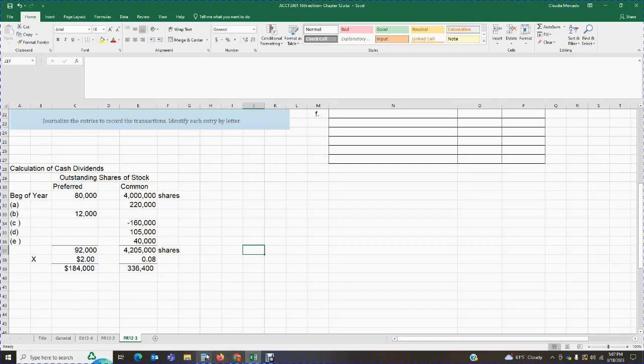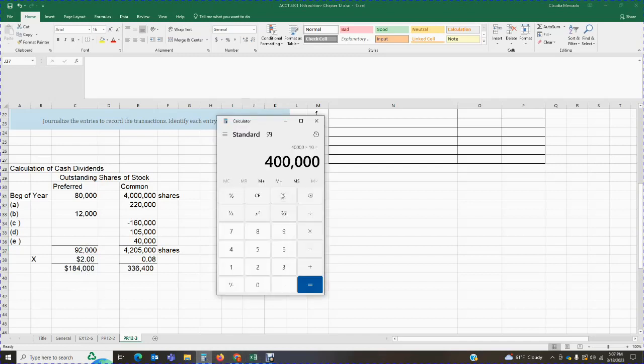We have our 92,000 shares at $2 a piece. That's going to give me 184,000. And then I've got 4,205,1 23 shares of common stock at 8 cents. That's going to give me 336,400. So 336,400, plus the 184,000, that's going to give me